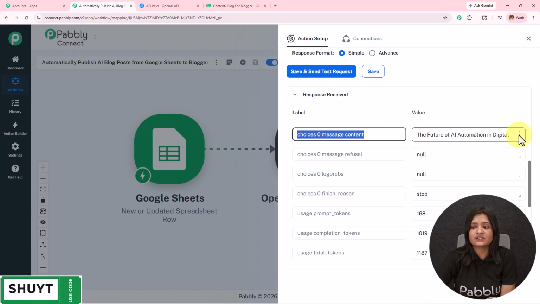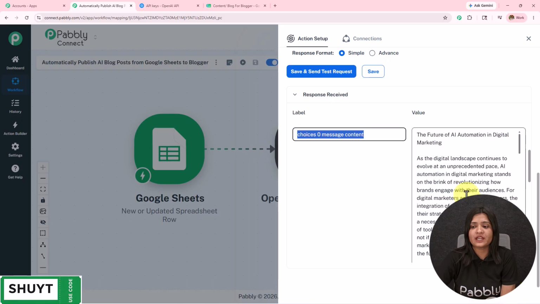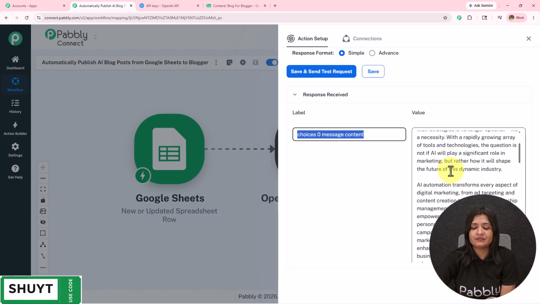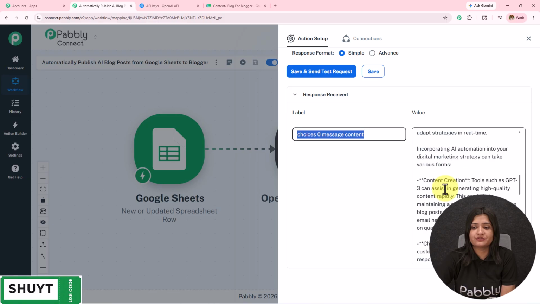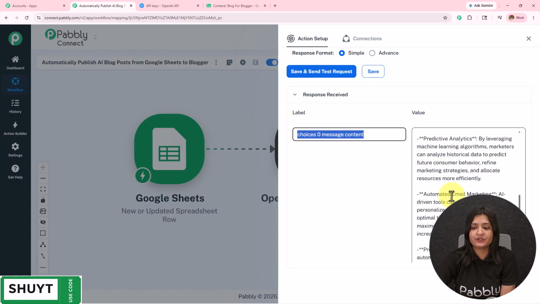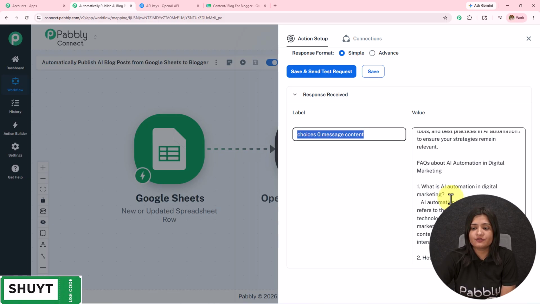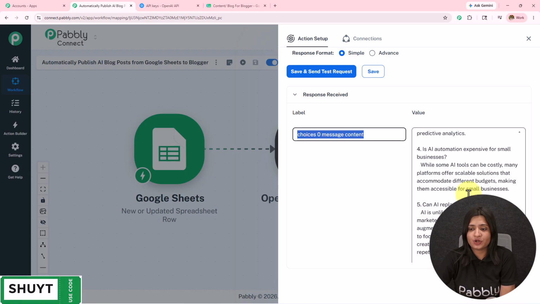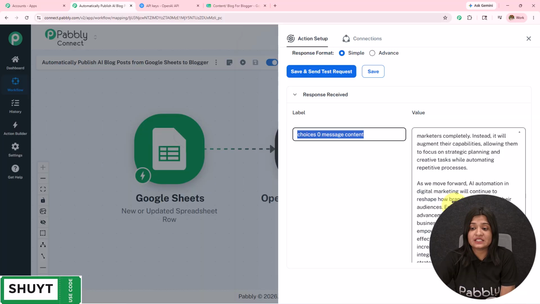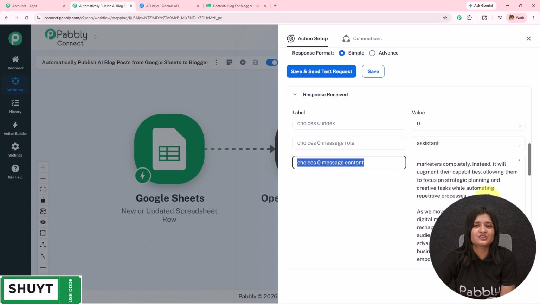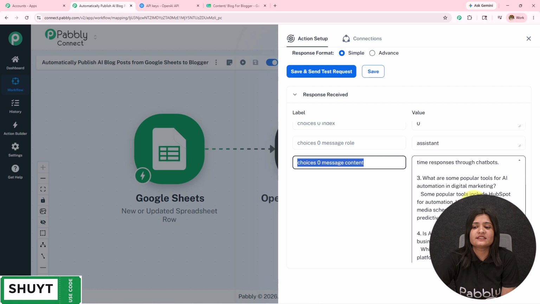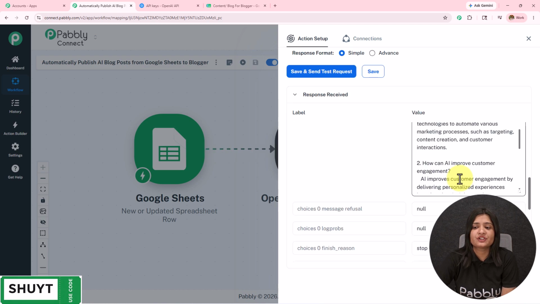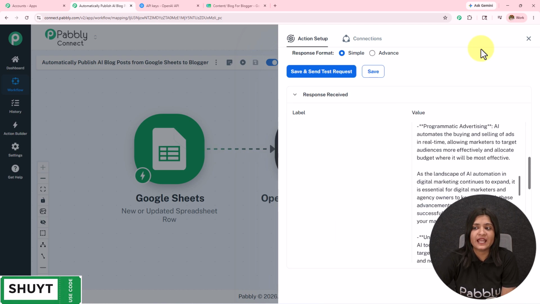In the message content, I have my blog, the future of AI automation in digital marketing. We have the introduction, we have the rest of the fields like this. We have the importance and the rest of the details. We have the FAQs which we asked in the prompt itself. So here we have received the detailed blog, and we can publish this to Google Blogger. This is a well-researched blog which we have generated using my AI agent OpenAI, and now we are going to